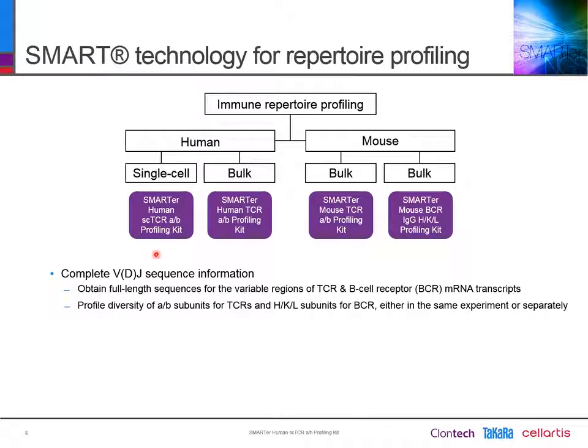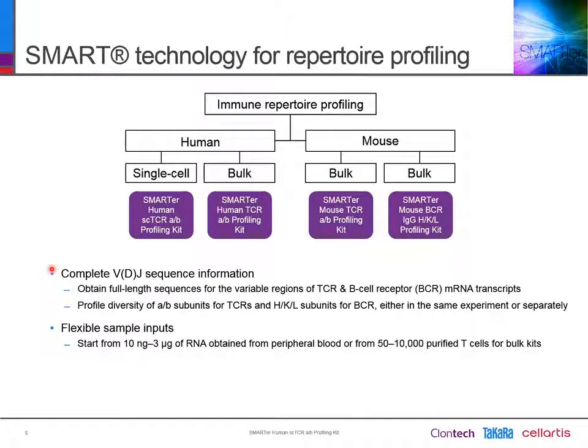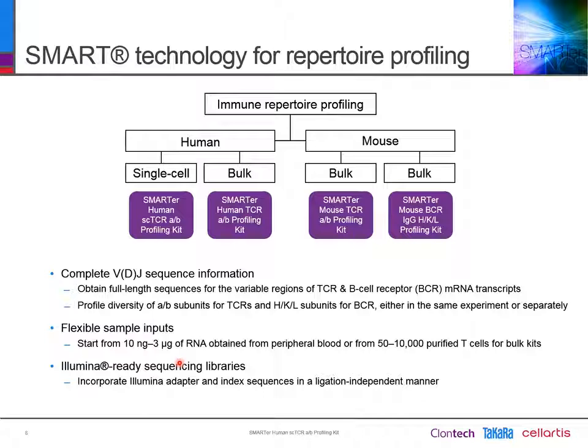With all of these kits, you can obtain complete VDJ sequence information, where you get full-length CDR3 and can profile alpha beta for the TCR and heavy, kappa, lambda for BCR. There is a flexibility in the input range. You can start with as little as 10 nanograms to 3 micrograms of RNA or purified cells, and you obtain Illumina sequencing ready libraries without